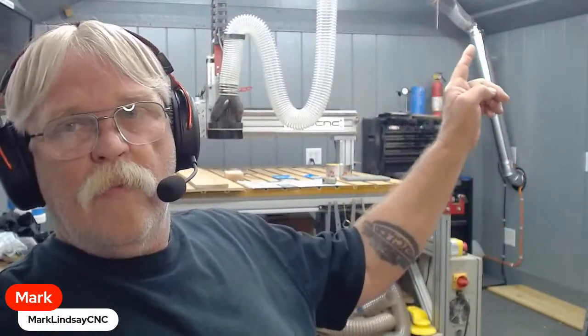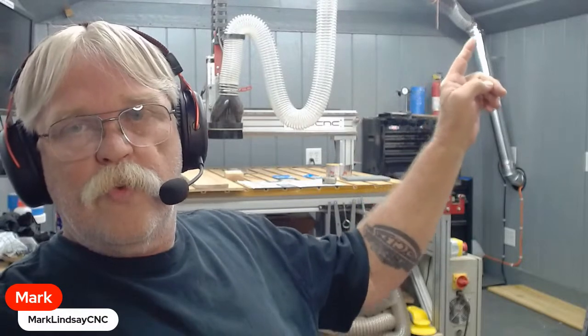It runs up to galvanized steel duct pipe. And then there's a small piece of flex right there to hook up to this pipe here. And then going through the wall here, that is flex that hooks into the dust deputy cyclone. And all of that vinyl will be grounded. Now, I'm not grounding it because I'm concerned about explosions or fires or anything like that. I'm grounding it because I'm concerned about crosstalk or arcing from static electricity buildup,